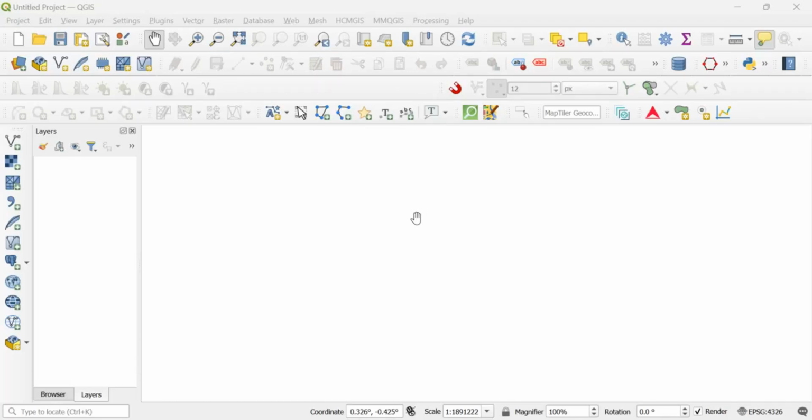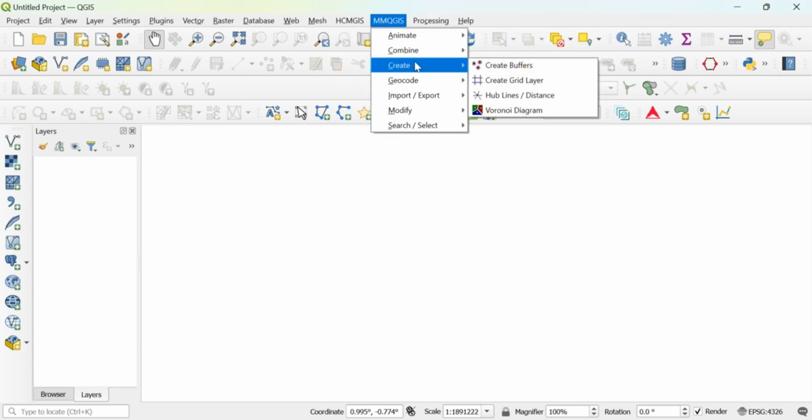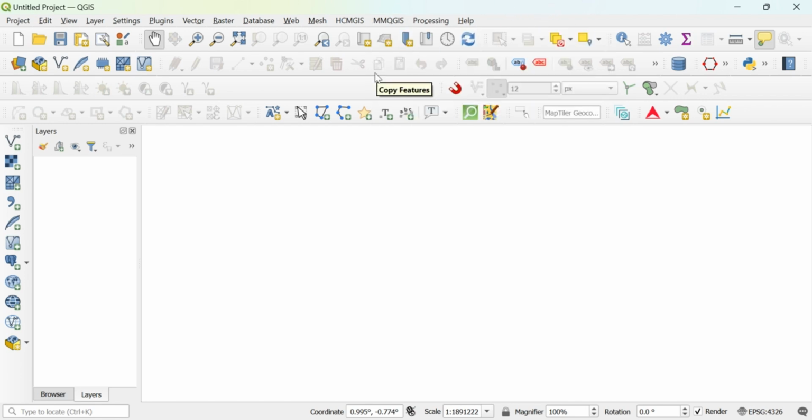Hi everyone, I'm going to show how to make a density map by using this plugin which basically helps you to create some grid layer, and in this case we are going to use the hexagon grid layer. So hexagons are mostly useful, for example, if you have a big bunch of points data set that you want to display, for example with crime, with accidents, with maybe electricity grid points, etc.